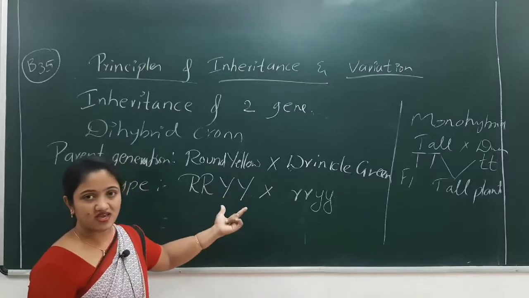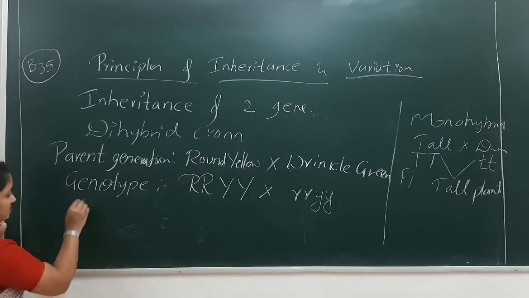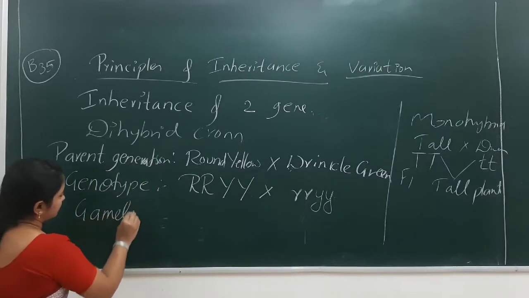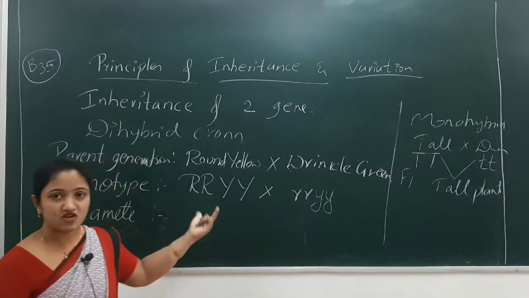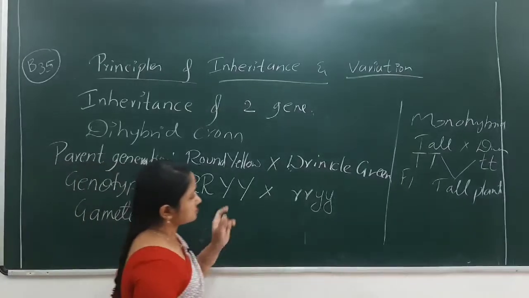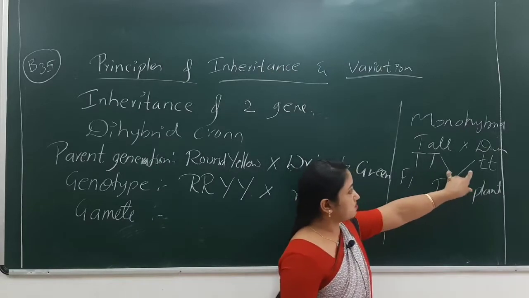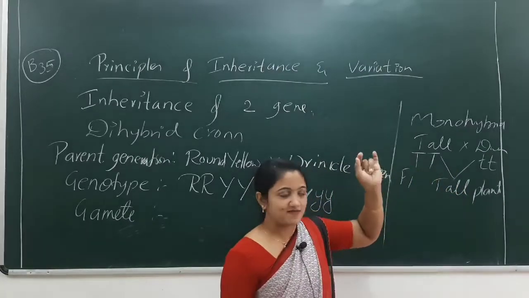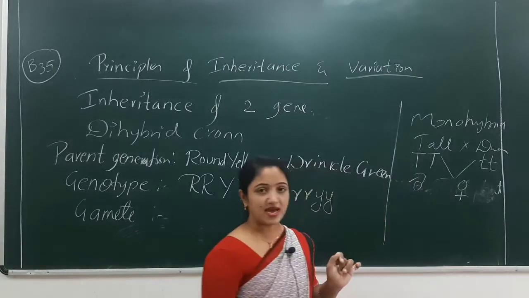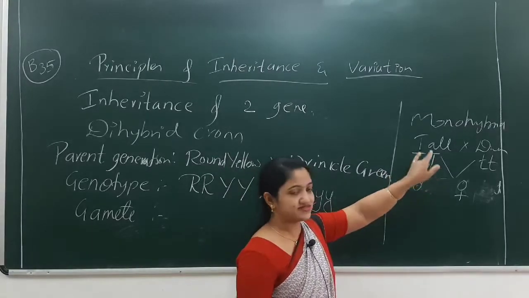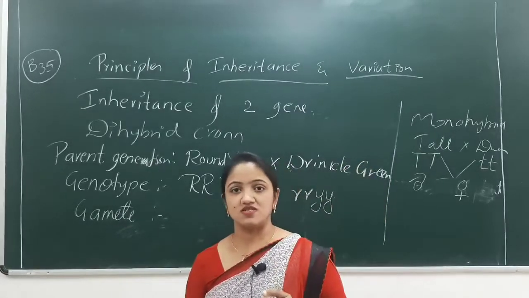Came to know why we have chosen the capital R and capital Y. So, the next step is we should write the gametes of the parent generation, the genotype gametes we have to write here. Though again I will come back to this monohybrid cross. When we cross these two plants, we selected the gametes. Gametes means one will be the male gamete, one the female gamete. Here the alleles segregate at the time of gamete formation by means of meiosis.